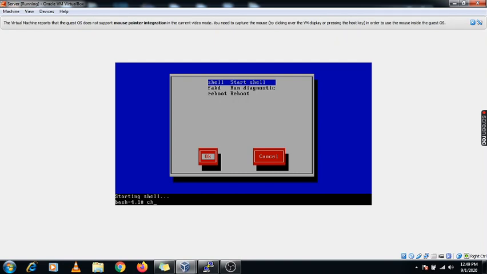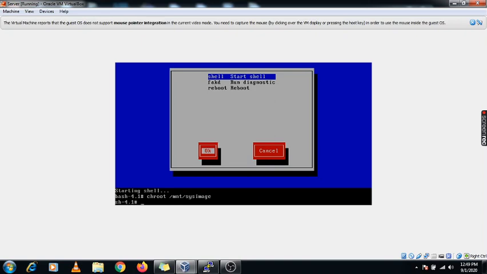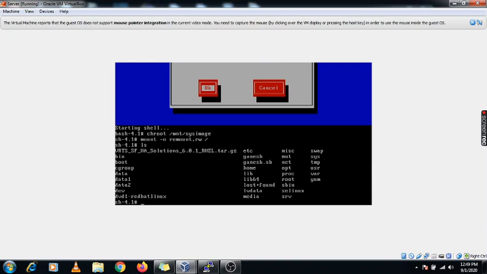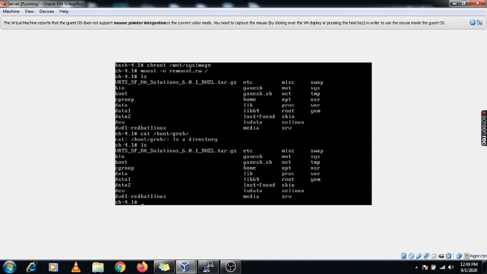The first command we are using is chroot /mnt/sysimage. Here our root file system is temporarily mounted. Another command is mount -o remount,rw /. Our / partition will temporarily mount in read write mode. Now we use the ls command, and all the commands inside this we can check. For this grub issue we can check /boot/grub. Under this, the grub.conf file needs to be present.